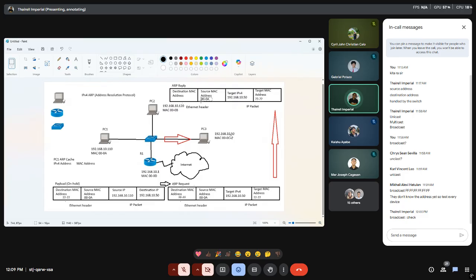The source MAC address now will not anymore be 00A because the one generating this ARP reply, this is basically the reply from the request, okay?